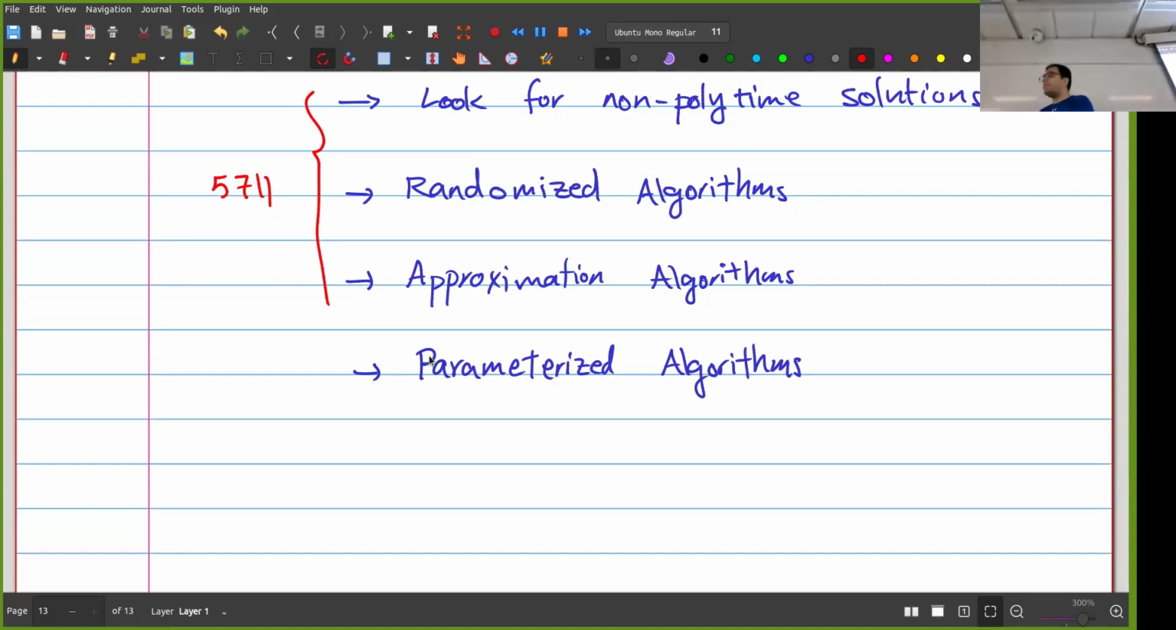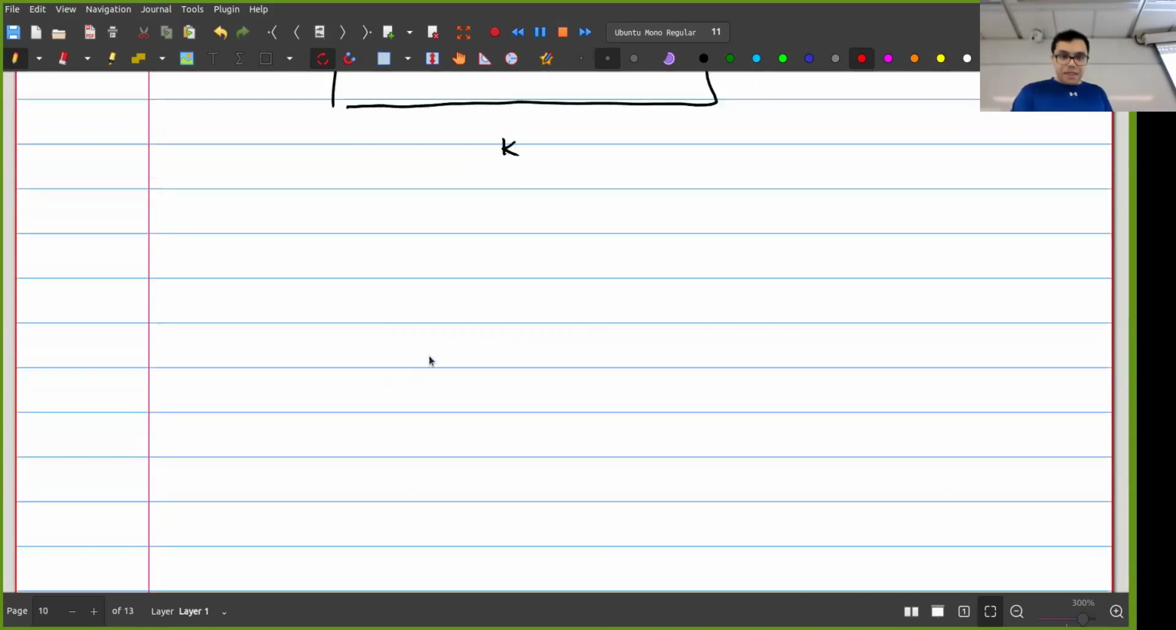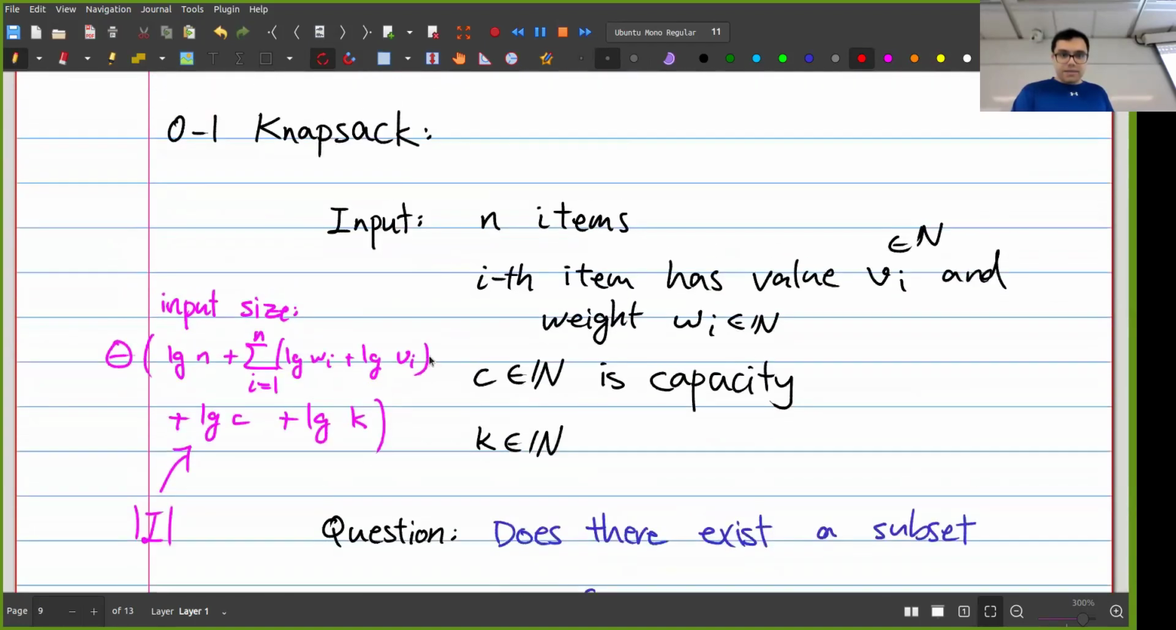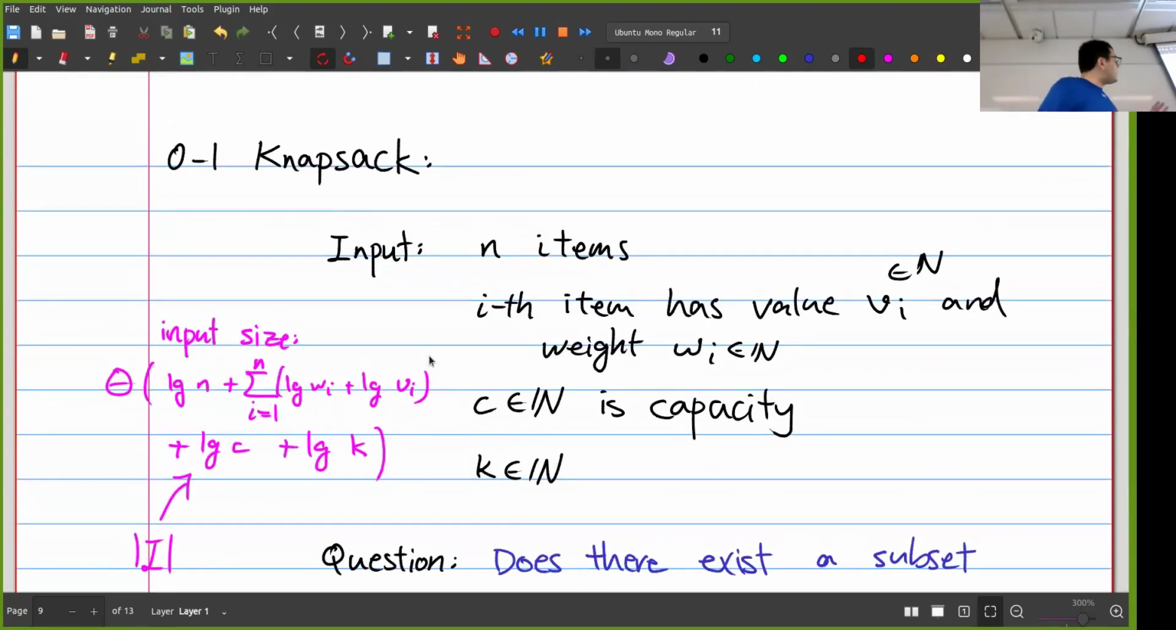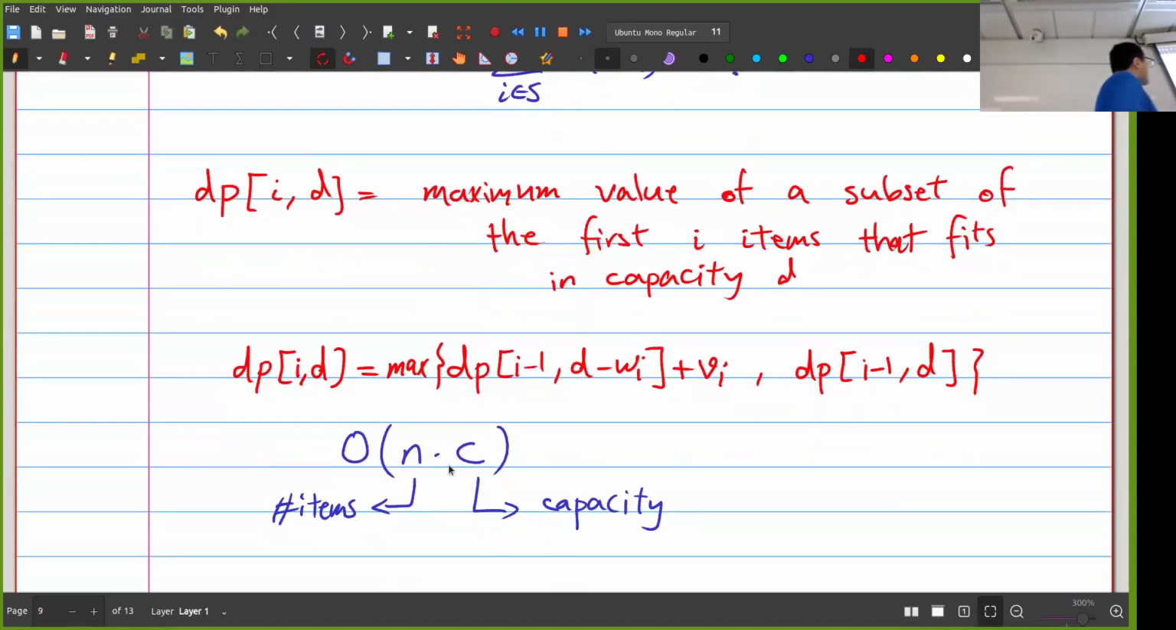So what's the idea in parameterized algorithms? The idea is very similar to what we saw for Knapsack. Look, for Knapsack, I cannot have a polynomial time algorithm unless P equals NP. But I had an algorithm with this kind of runtime. And if you look at this runtime, again, we said that in the worst case, it's not really bounded by